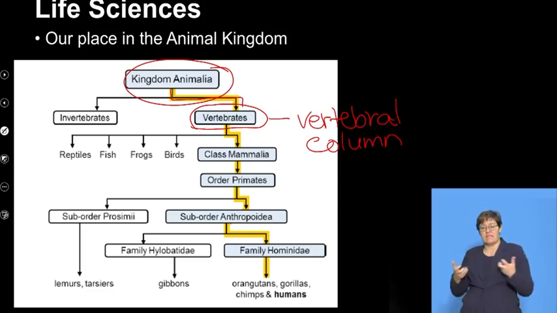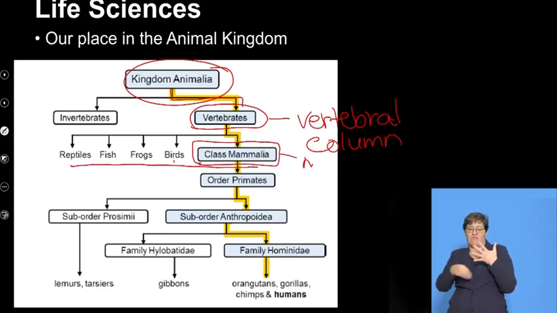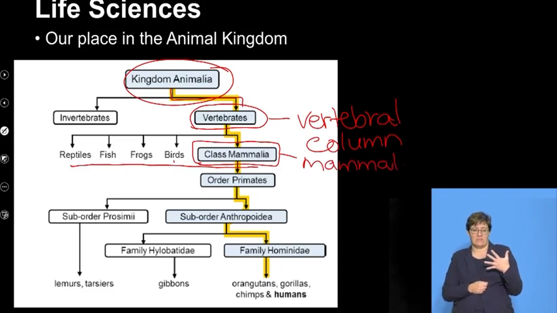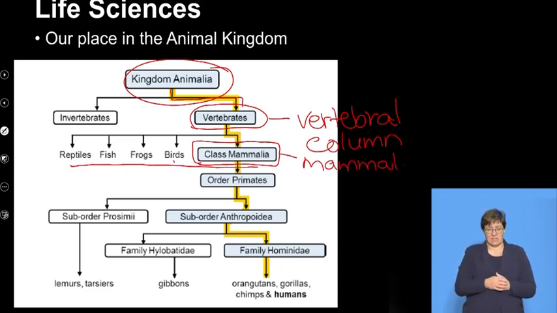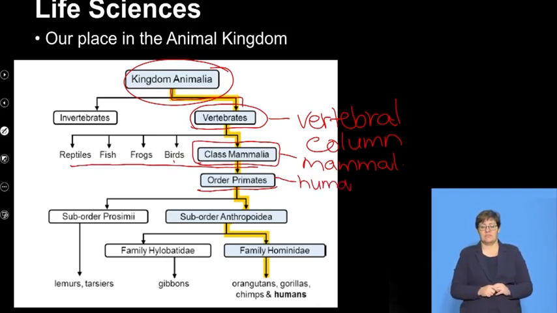Okay, then vertebrates are divided into 5 classes, you know that, where we have reptiles, fish, frogs, birds, but we're going to look specifically at the class mammals, or Mammalia. So we're part of the mammal group, and that's our class. Then we specifically fit into the order primates, as I mentioned previously. Humans along with apes are found in the primates. So here we have humans and apes, the great apes.